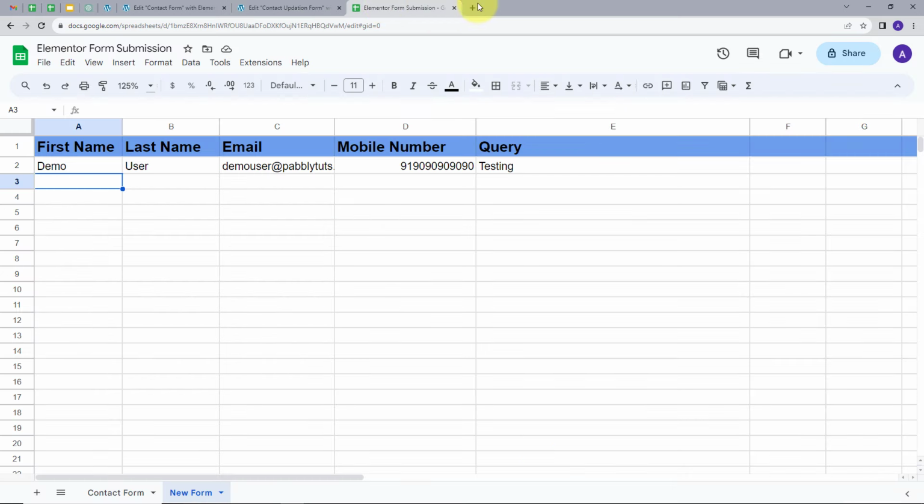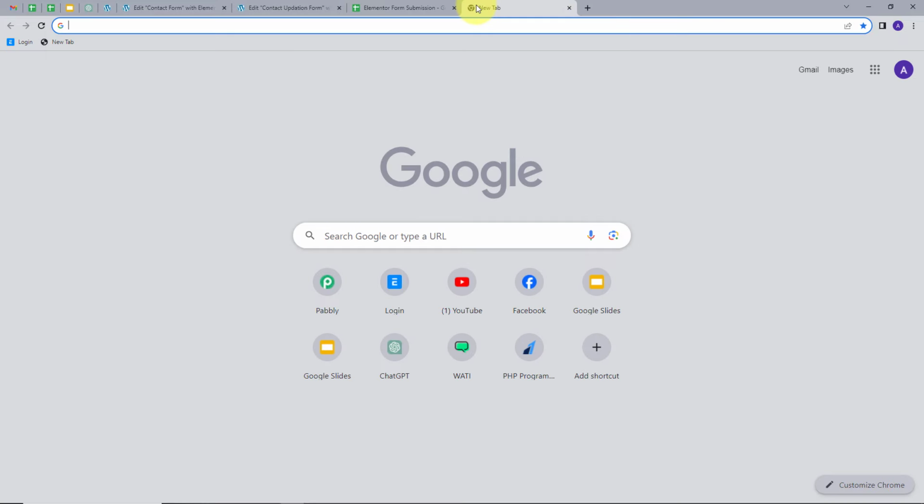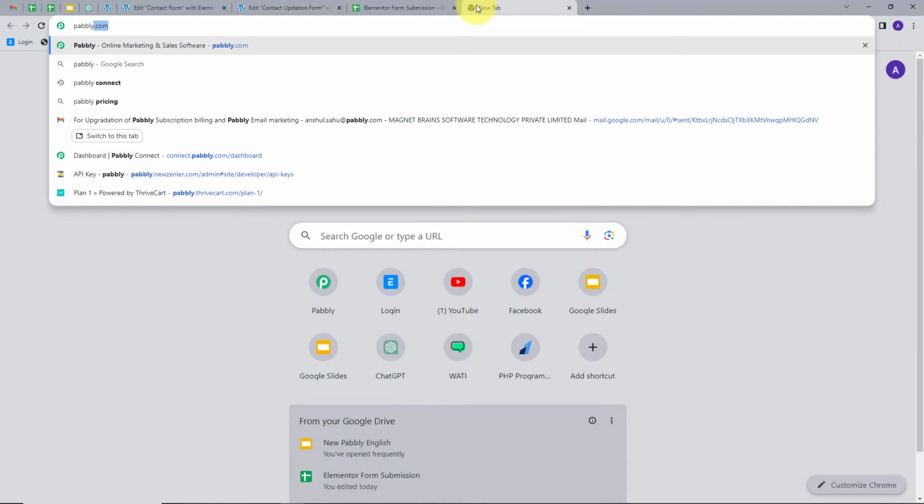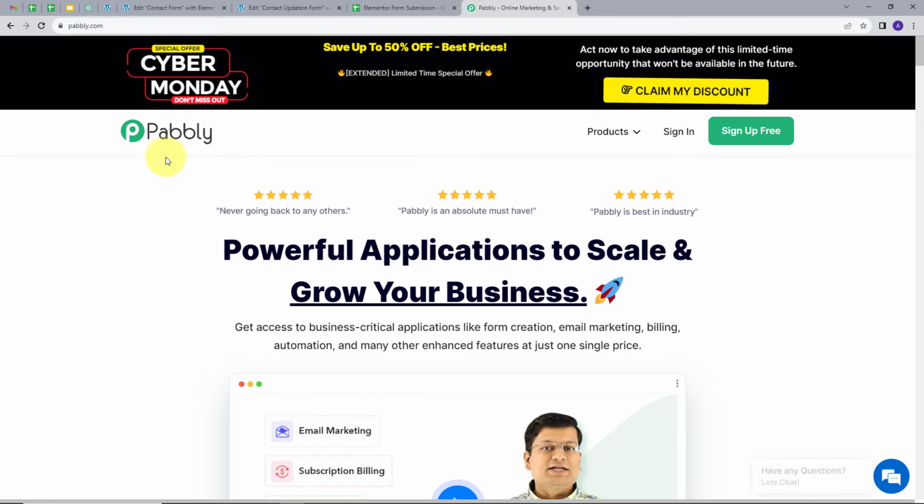And for that, I will open a new tab and search for pabbly.com, and it will take us to this landing page of Pabbly. Here we have two options, sign in and sign up for free. And if you don't have any account with Pabbly, you can just sign up for free and it will take only 2 minutes of your time and you will get hundreds of tasks free every month. Or if you already have an account, you can just sign in